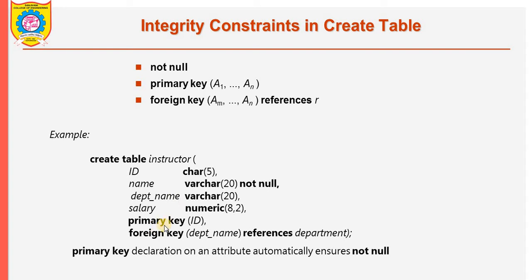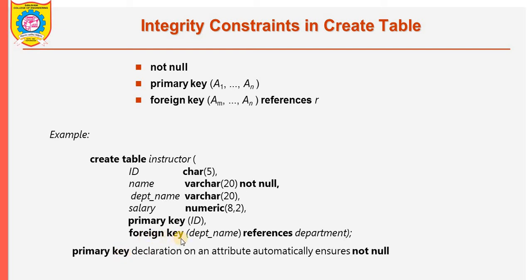Then an additional constraint, primary key, is defined: ID is selected as the primary key, and a primary key by default will not be null. A primary key must be defined in each record.